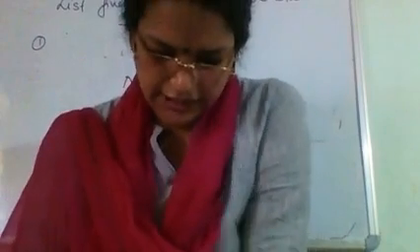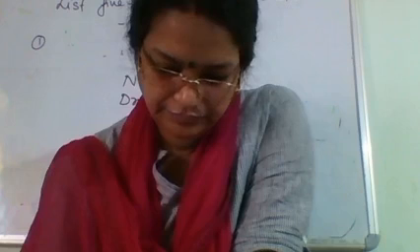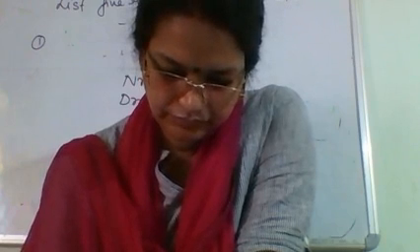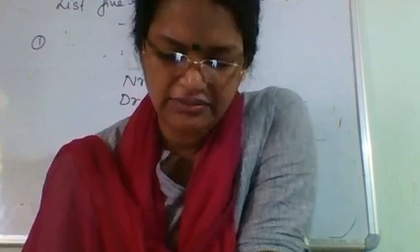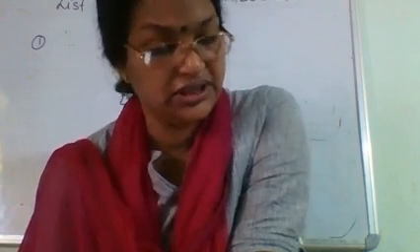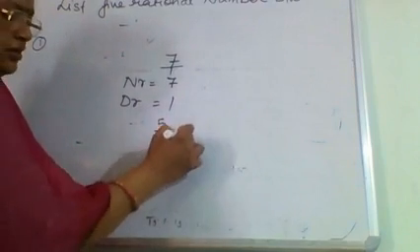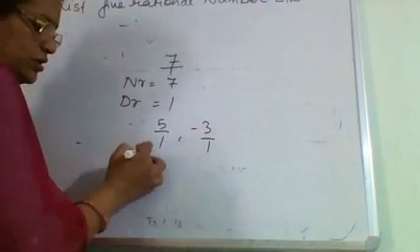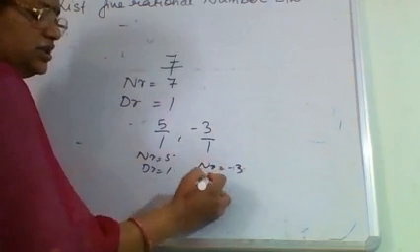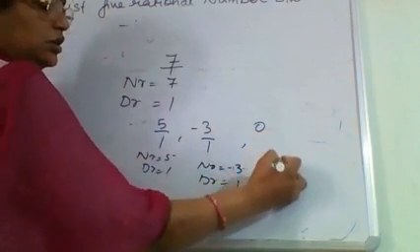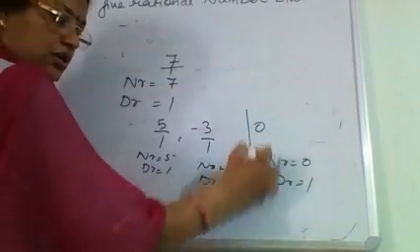Okay, after this, write each of the following integers as a rational number. Write the numerator and the denominator in each case. The same thing I am explaining to you. The first question is 5. So 5 by 1. Minus 3, minus 3 by 1. So the numerator is equal to 5, denominator is equal to 1. Numerator is equal to minus 3, denominator is equal to 1. 0, numerator is equal to 0, denominator is equal to 1. This is important.